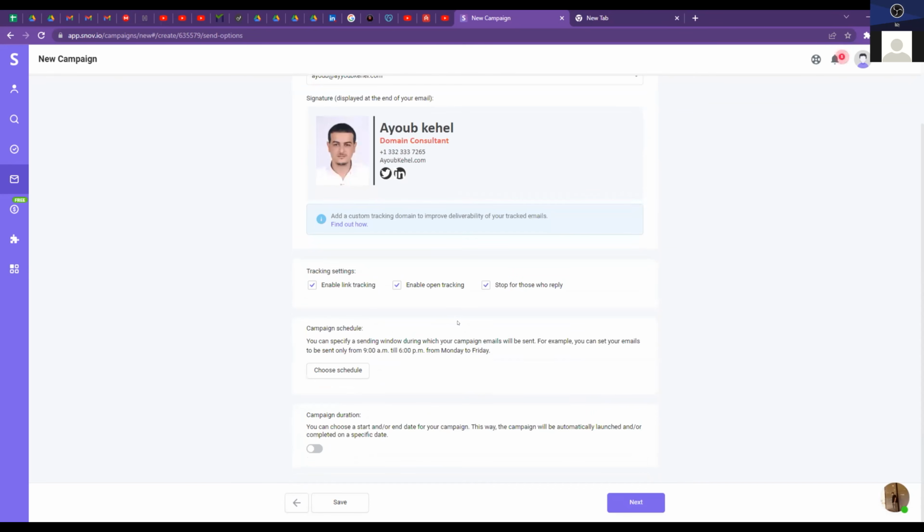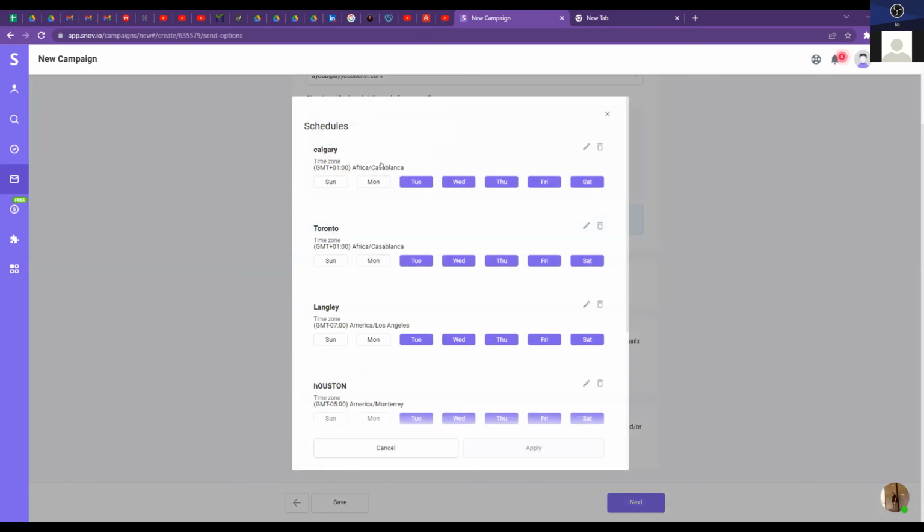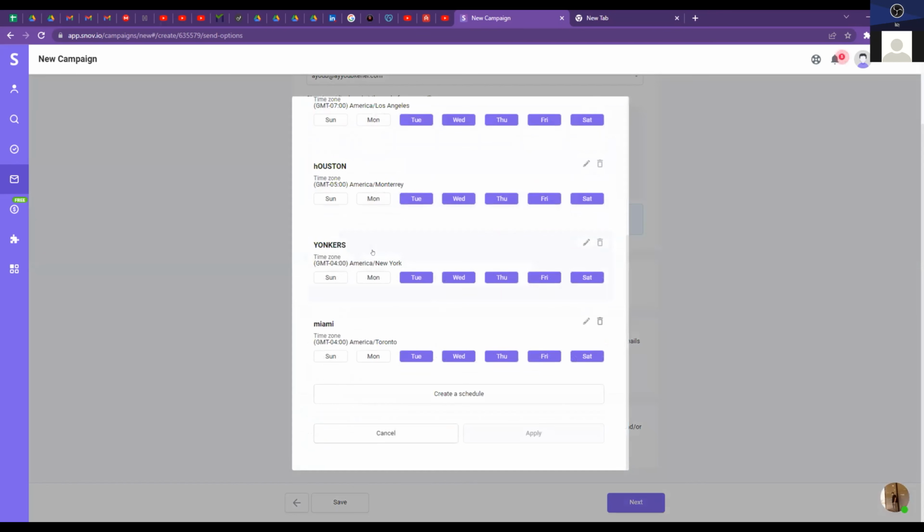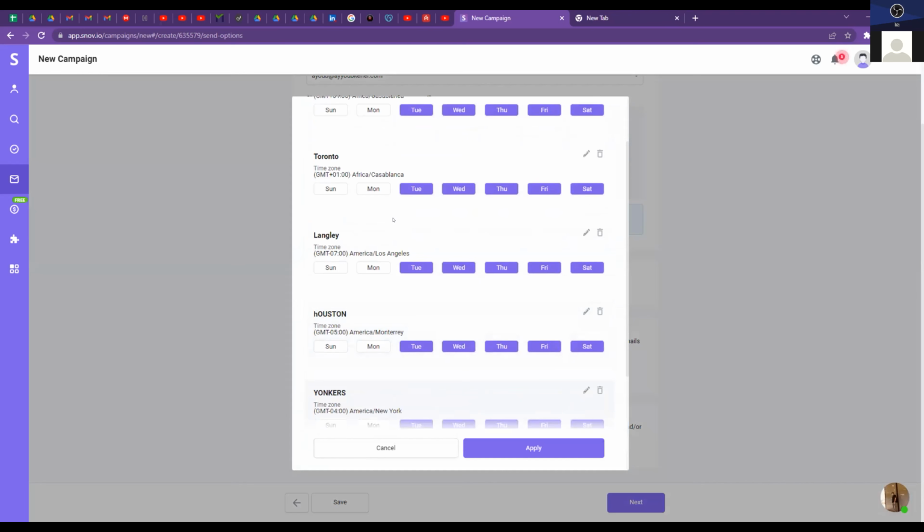And here, the schedule. The schedule is very important, because sometimes you Americans don't have a problem because you live in America. But I need to send emails in America time. Let's say, for example, in Calgary or Houston, I need to choose the Houston time. So you can do the same. If you are targeting Yonkers or Miami or Houston, or even an Australian city, you can choose the time of Australia or the time of the recipient's